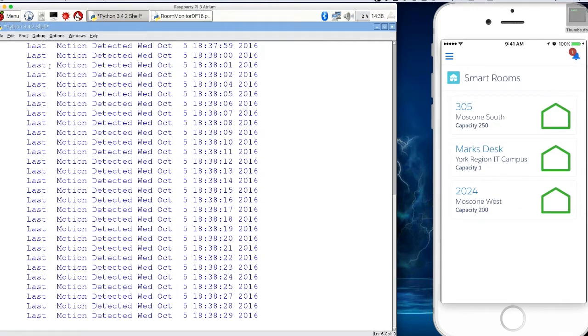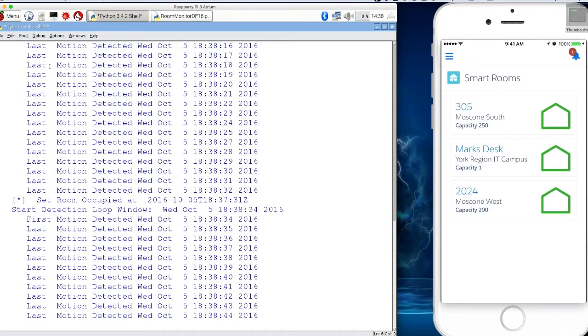Once that happens, Mark's going to talk a little bit about the Lightning component, and then we'll flip back and look at the reverse situation where we want to declare the room as being vacant. So there you can see we've completed our minute, and we have declared the room as occupied.